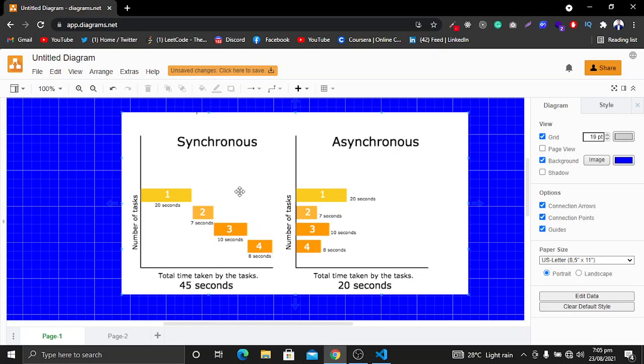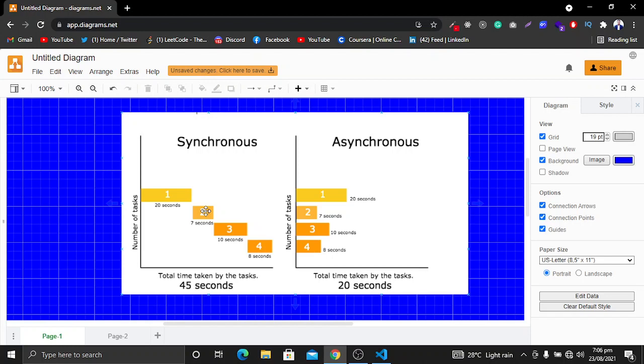So what does synchronous JavaScript do? The first block of code will take 20 seconds, it will wait for these 20 seconds, and the second, third and fourth steps will not be executed. When these 20 seconds finish, synchronous JavaScript will move to the next step and wait for 7 seconds to execute that code.